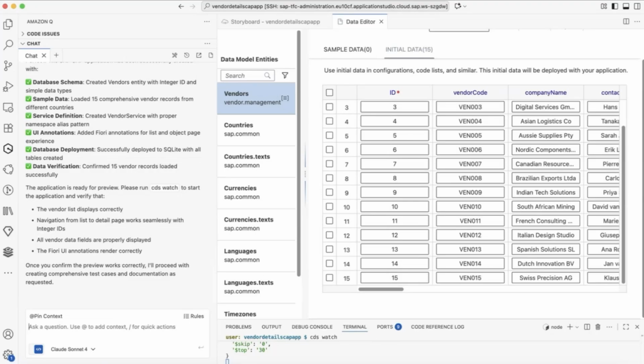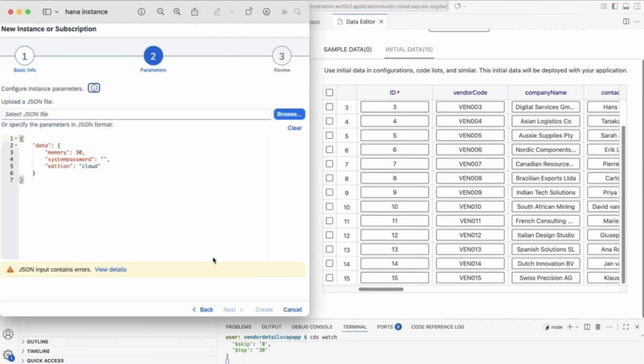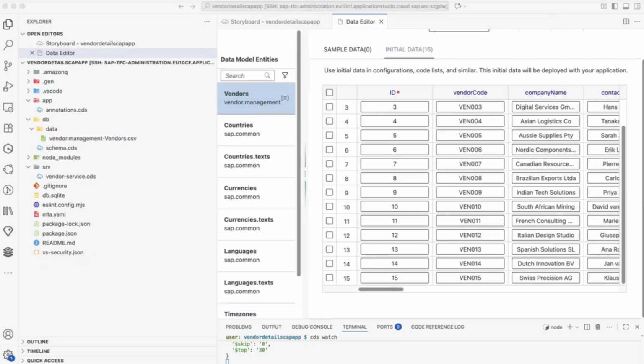If there are any configurations, for example, which you do not want to type, just take a screenshot and put them here. For example, if you want to set up a HANA Cloud instance, and this is one of the steps where you need to enter the password. But if you don't want to type it in Amazon Q Developer, all you can do is take a screenshot of it, and you can just drag and drop that image here